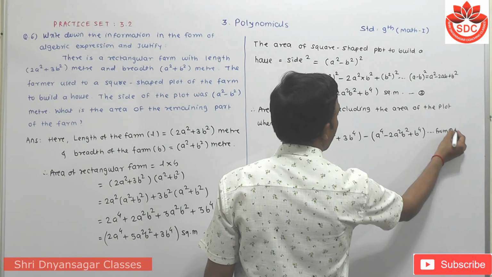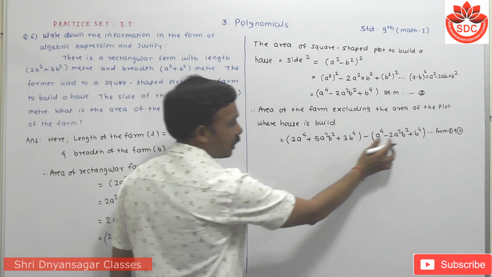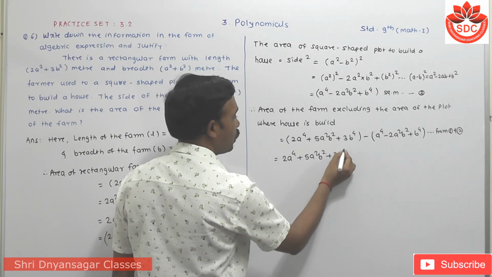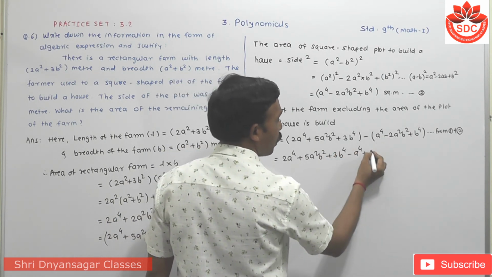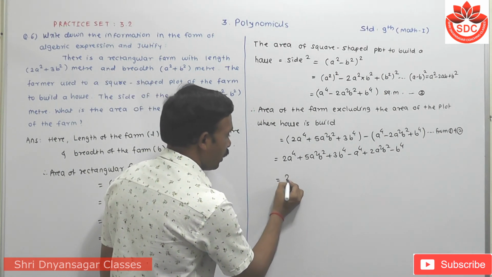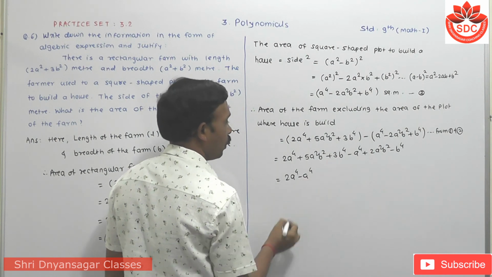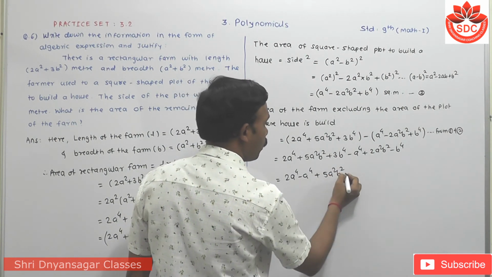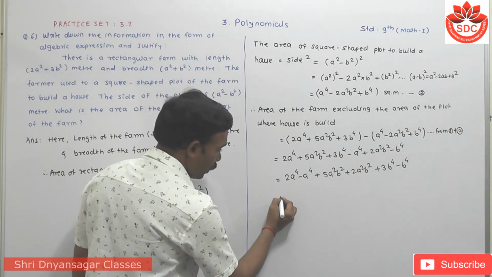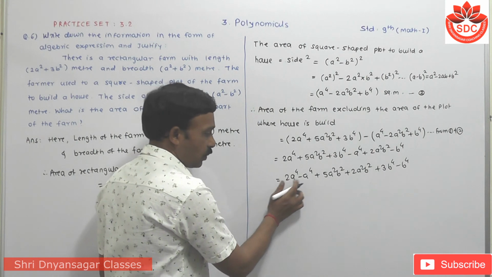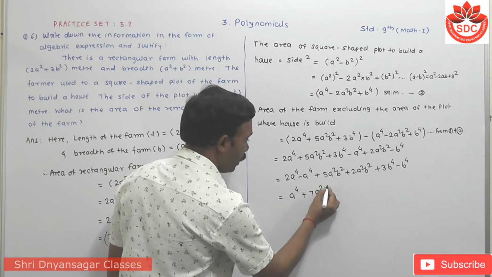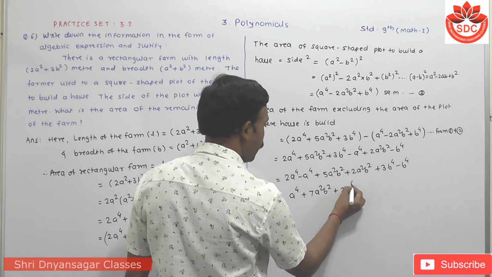The reason is that, from first and second, student, this minus sign changes all signs of this bracket. So I write here 2a⁴ + 5a²b² + 3b⁴ − a⁴ + 2a²b² − b⁴. Collect the like terms here. First 2a⁴ − a⁴, then 5a²b² + 2a²b², then 3b⁴ − b⁴. Then take the subtraction of the like terms: 2a⁴ − a⁴ is a⁴, then 5 plus 2 becomes 7a²b², 3 minus 1 becomes 2, that is 2b⁴. Now student,